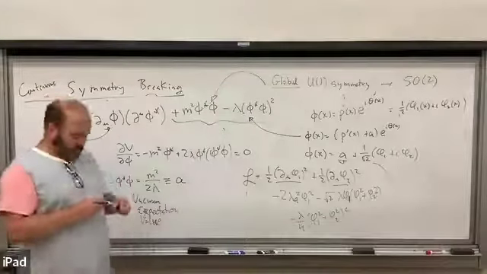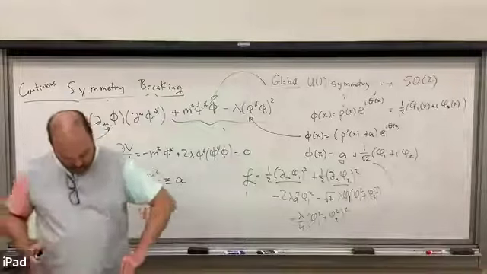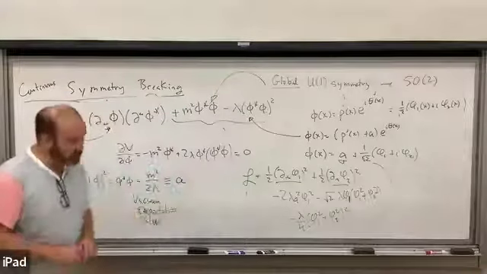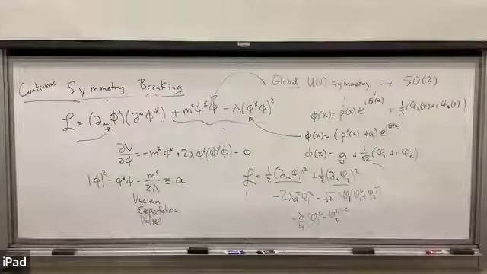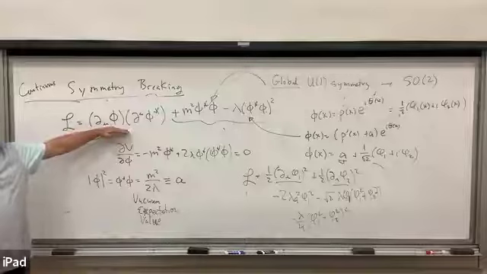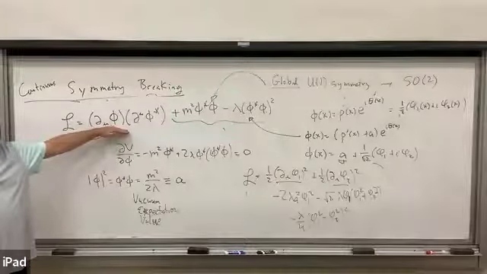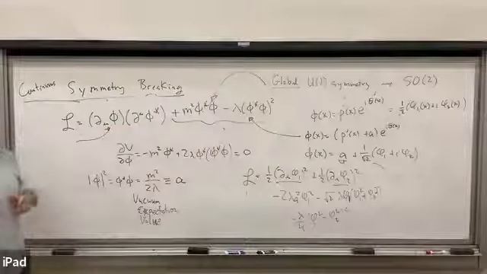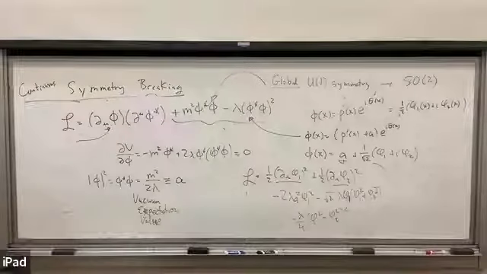Now, that's actually the end of my lecture. So if you found that useful, then what I was going to do next time is show how this plays out for a higher symmetry, like SO(3), and I'll have to explain maybe what SO(3) symmetry is, just rotations in 3 dimensions, and then show how symmetry breaking works out there, and then show in that case you actually get 2 Goldstone bosons,